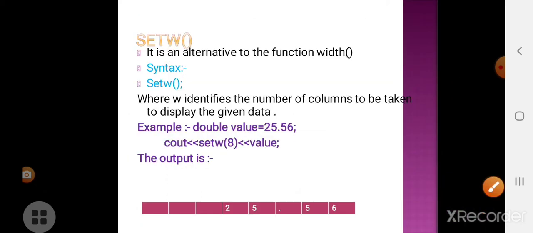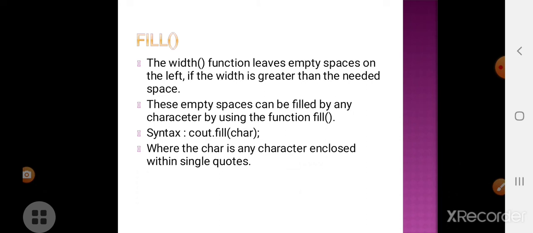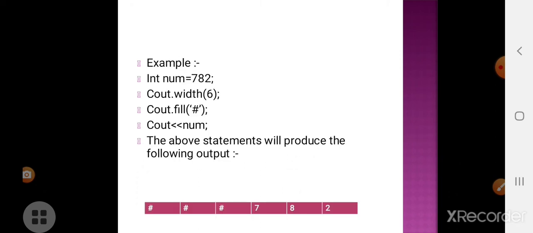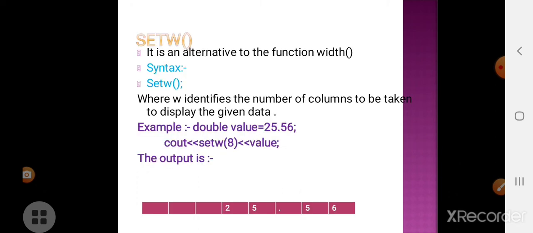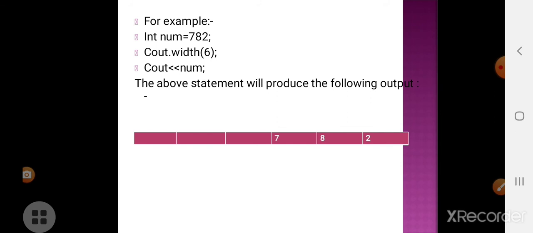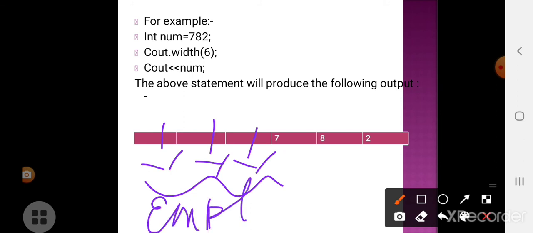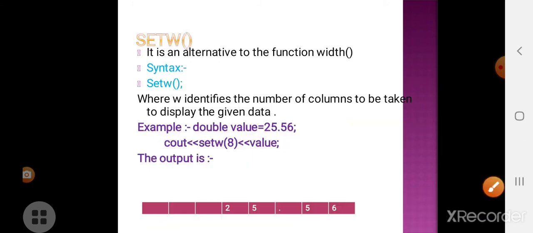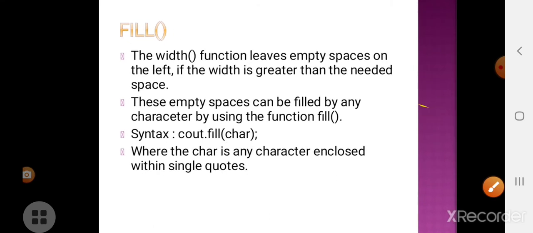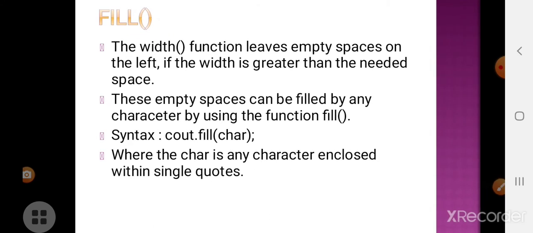Okay, so next is fill. Fill is also just like memory space, but fill won't give any empty spaces. See, before, in the width function and setw function, you can see there is empty space. These are all empty spaces. But this fill function will not leave any empty spaces.